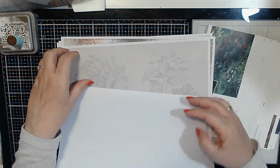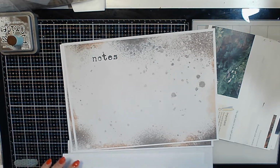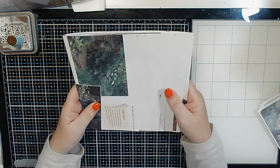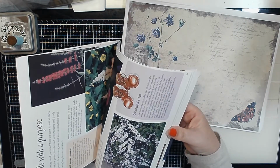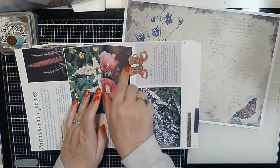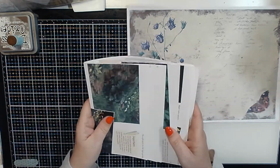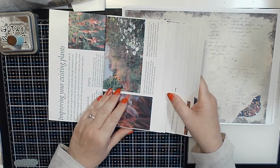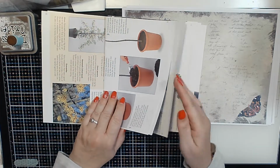So I think I decided I must start using things up. So I've got these papers that, again, I've printed all off here. So one of the things I'm going to do is actually finish this project. Now, I need to cover all these pages with these papers. I don't know, for instance, with this page, I might put some paper around there and leave that. I'm not sure at all, really, because I can't remember what the plan was in the first place. So I'm going to go and do that and cover all these,